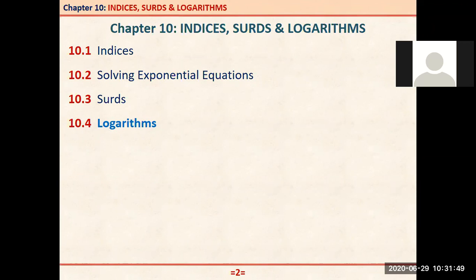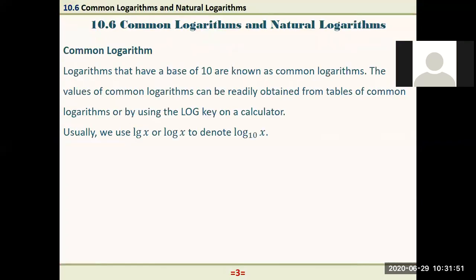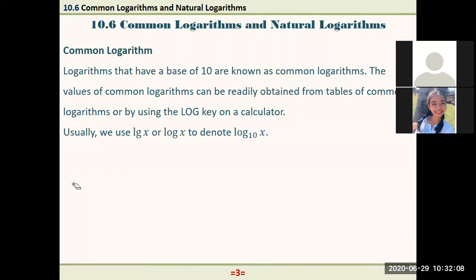Okay, so we were talking about logarithms. Today we are going to talk about two different logarithms, special logarithms, let's say. The first one is the common logarithm. In general we know that when we have, let's say, here we have